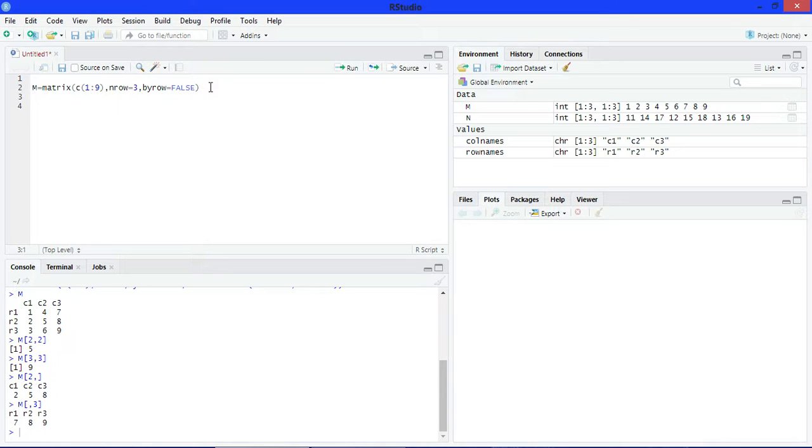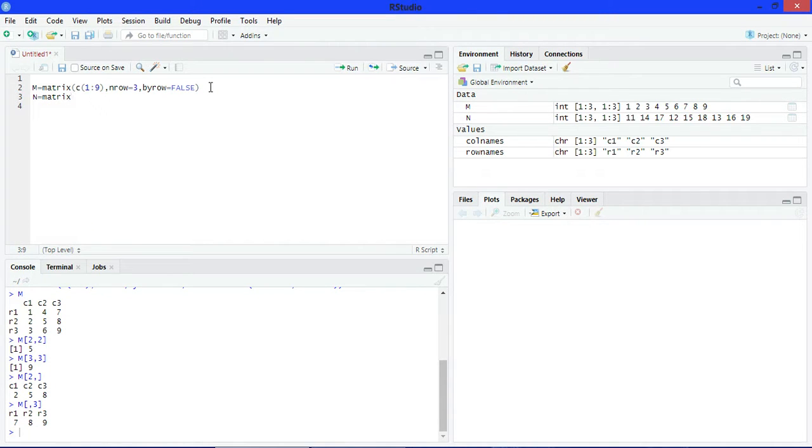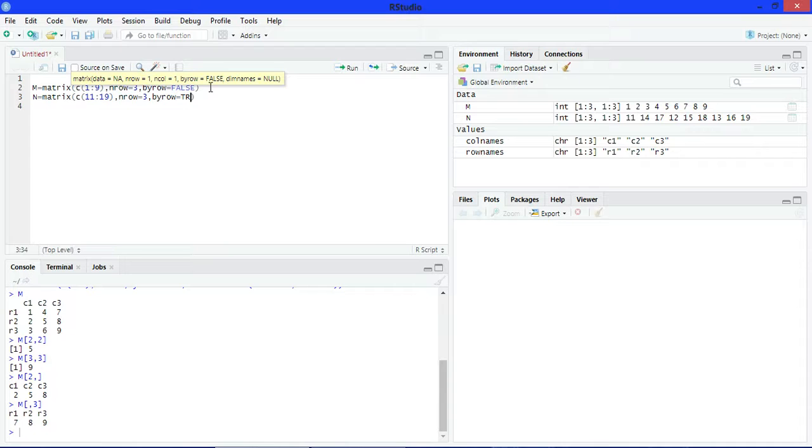Create a matrix N is equals to matrix, write here 9 element, suppose 11 to 19, write number of row and write by row is equals to true here.